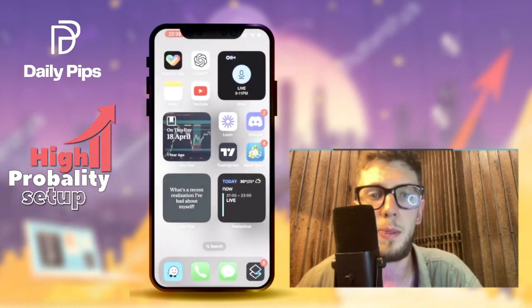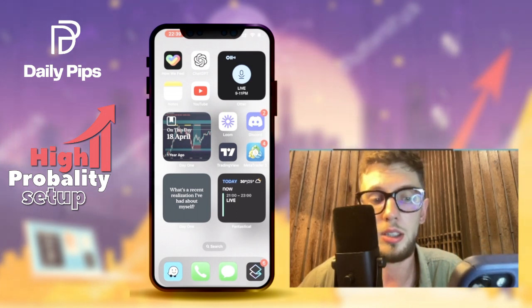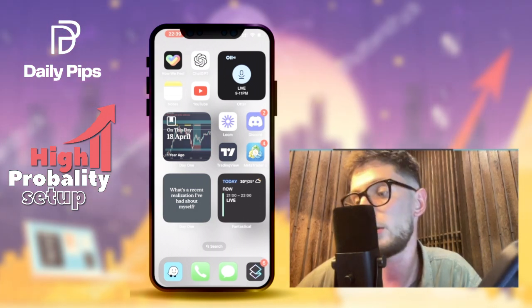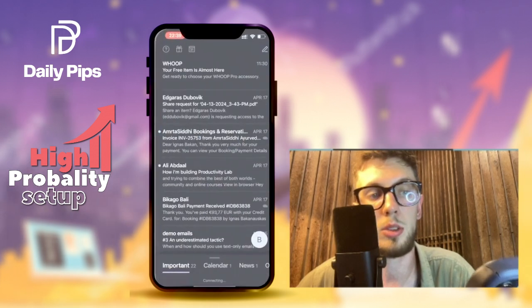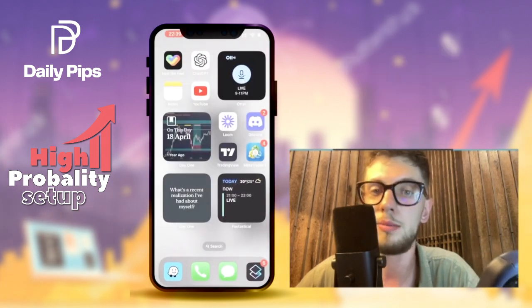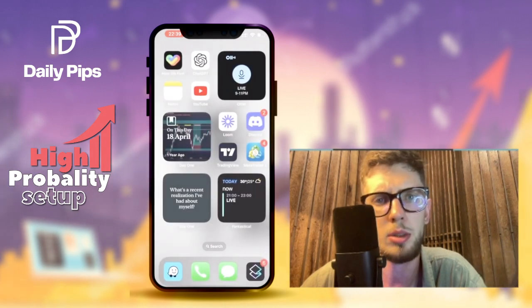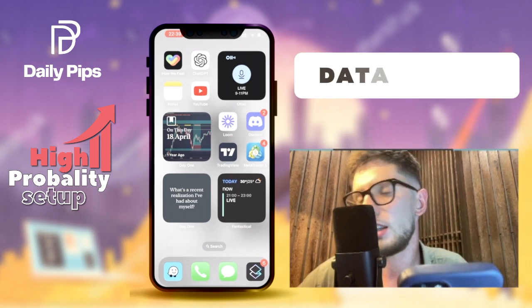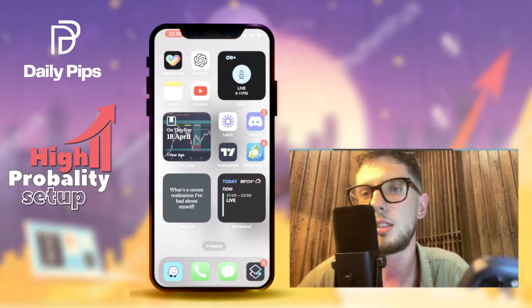Basically, this is my life 95% of the time, and I have it on one screen. At the bottom, you see very self-explanatory things. I'm driving a lot, so I use Waze, and I have Superhuman for my email app. Basically, this is how I set up my phone for productivity, and that productivity, as you see, is very data-driven for me to be able to evaluate myself non-stop.